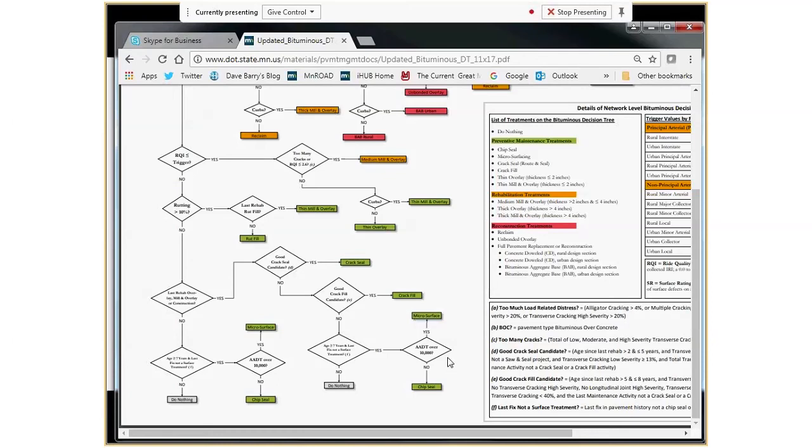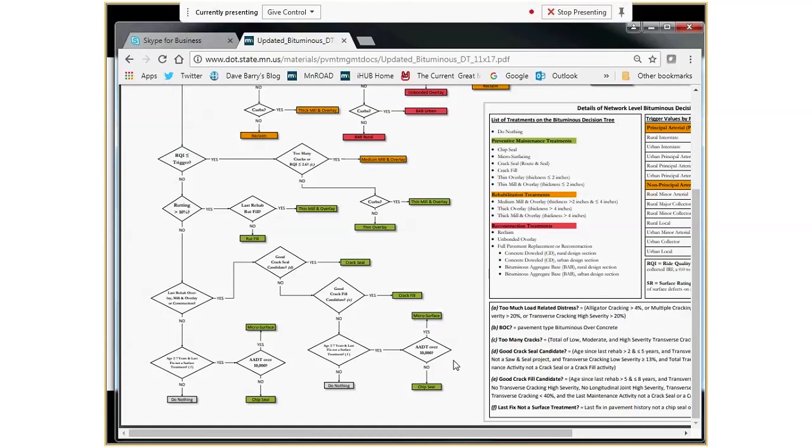The pavement management system does a great job of helping them narrow in on their first choice, and then they're going to have to look at the entire district, their network, and decide where they want to go. So, new pavement,